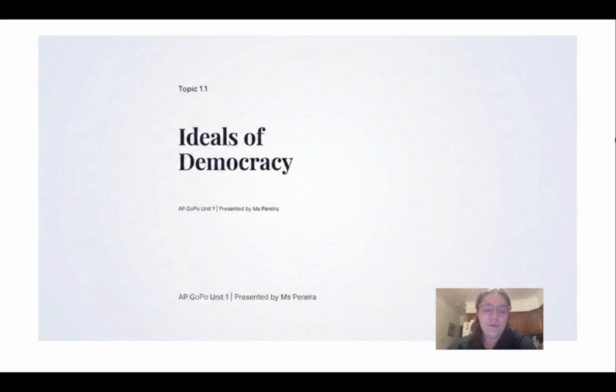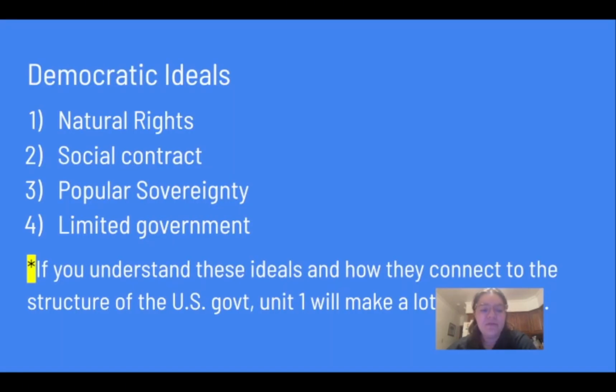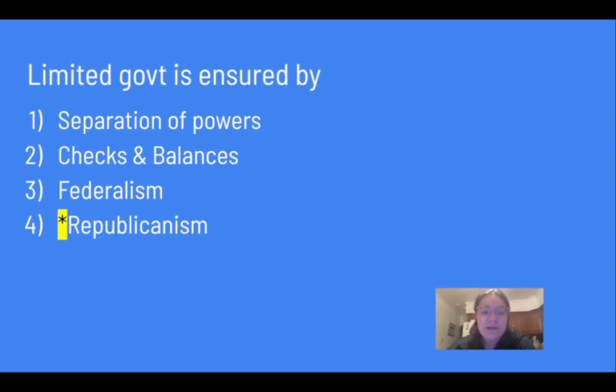To topic 1.1, Ideals of Democracy. First thing are the four democratic ideals: natural rights, social contract, popular sovereignty, and limited government. If you understand these ideals and how they connect to the structure of the US government, Unit 1 will make a lot more sense. Limited government is ensured by these four structured principles: separation of powers, checks and balances, federalism,